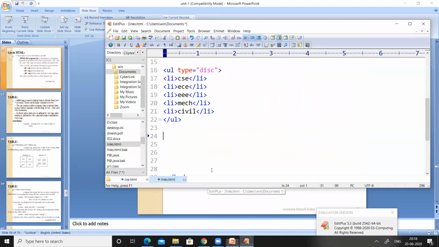To create a definition list, we have to use the DL tag. Under the DL tag, we have the DT tag, for example, CST.